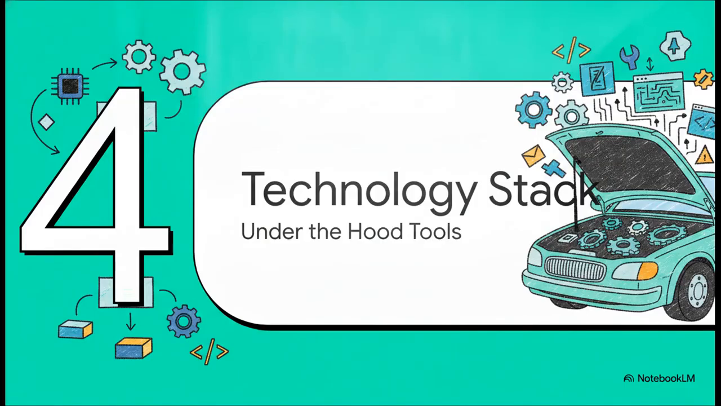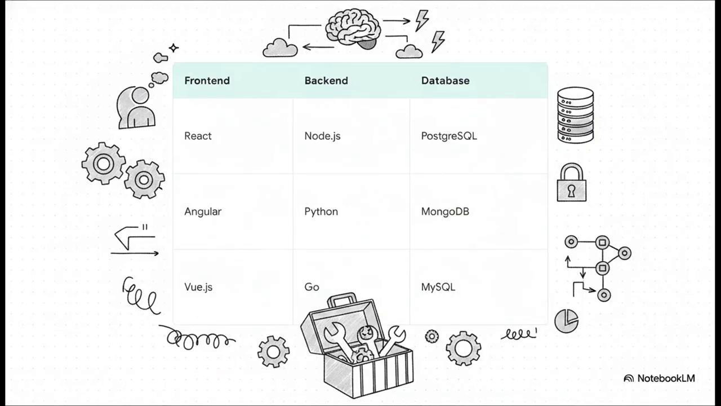Next up, Section 4, the technology stack breakdown. Let's pop the hood and look at the actual tools and languages powering all these phases. So, if you aren't a developer, this table might look a bit like alphabet soup, but the absolutely crucial takeaway here is versatility. On the front end, the part the user actually interacts with,